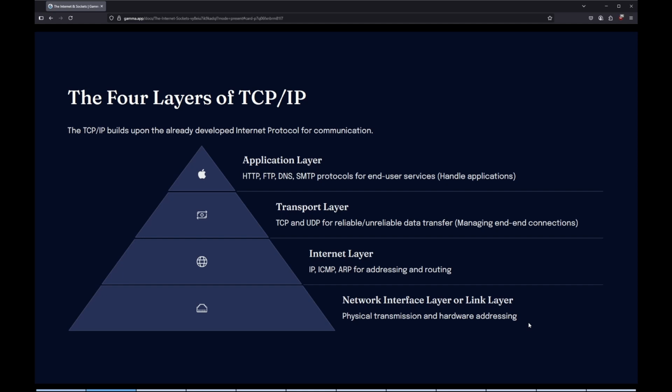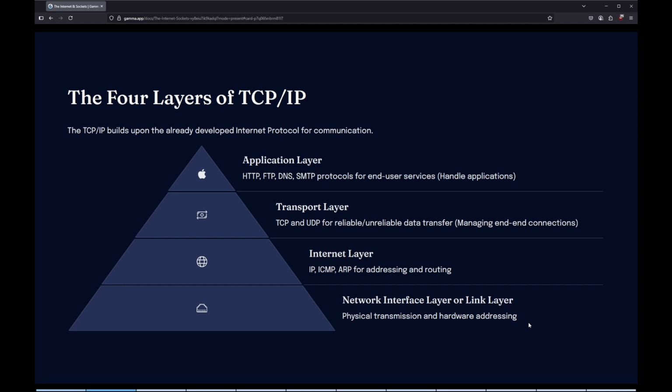So first of all, you have the application layer. In this application layer, we handle client-side sort of things. So let's say you're making a Word document and you're now trying to convert it. That's your application layer, and it's where you prepare these protocols from your actual data. So essentially things like determining the structure of packets. Your protocols like HTTP, FTP, DNS, SMTP, so basically anything that involves user services will be on your